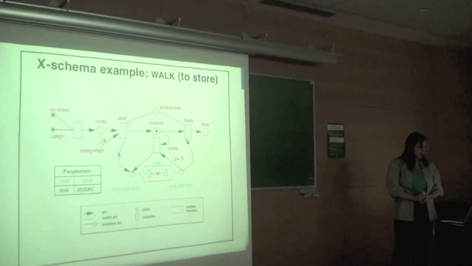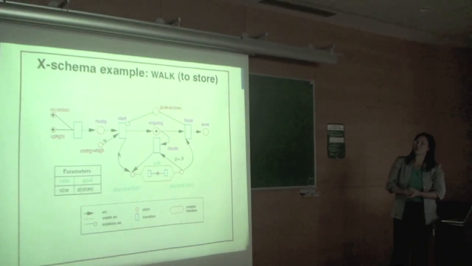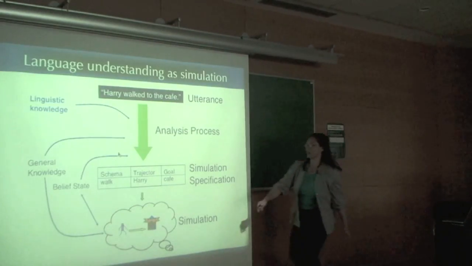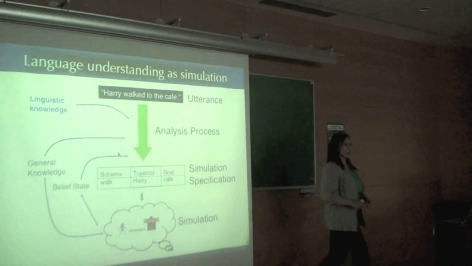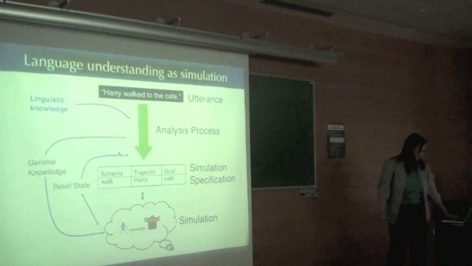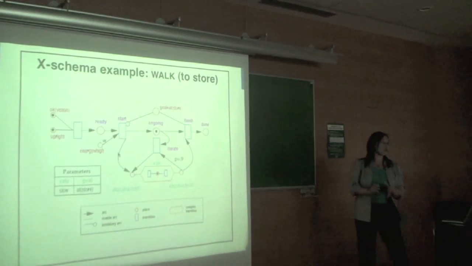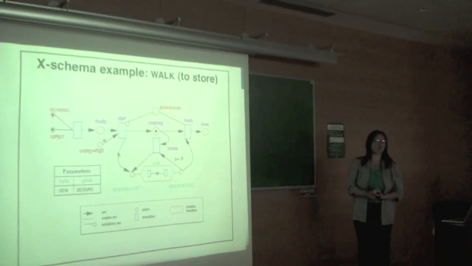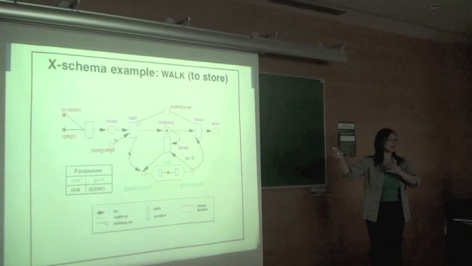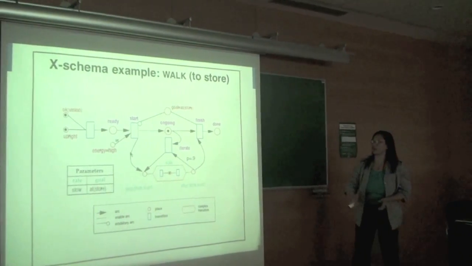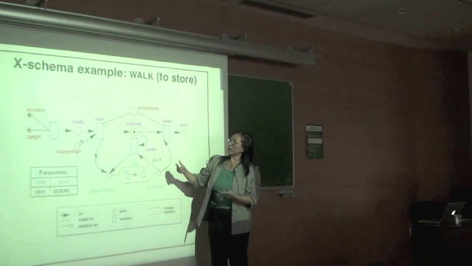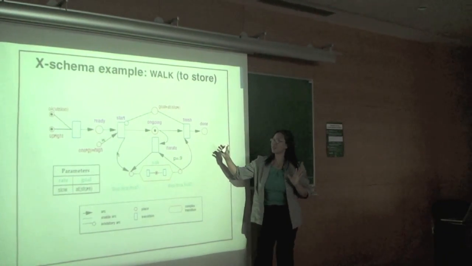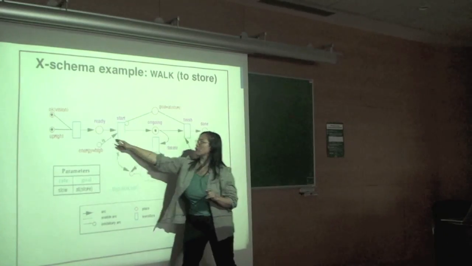Okay, so here's another pictorial representation. More formally, the massive stuff amounts to dynamic representations, and this is just a graphical depiction of a way of representing the action of walking. Walking could be more complicated than this, but at least you might have various ways of representing stages. So if you stare at it for a second, you can see, for example, that there's a flow of direction here.